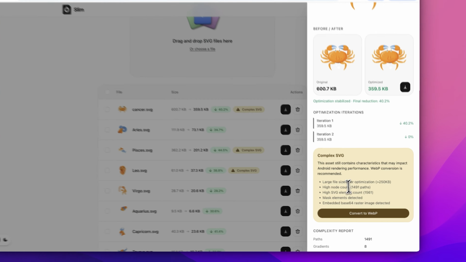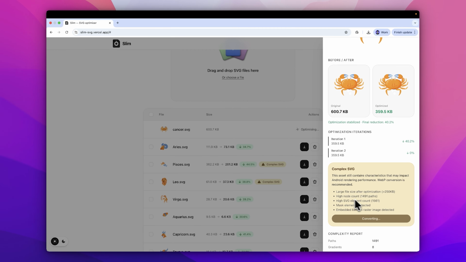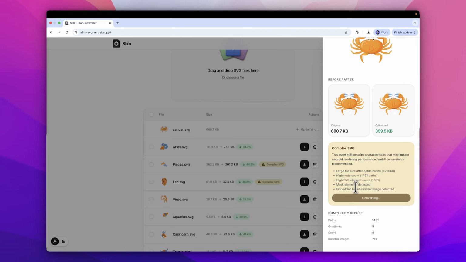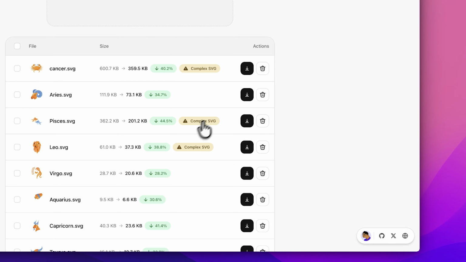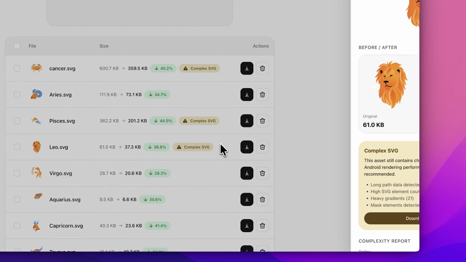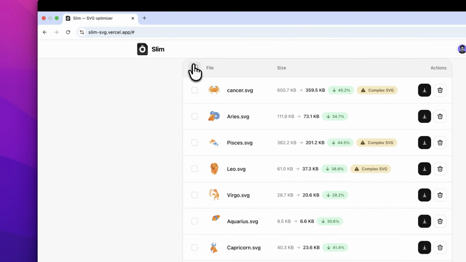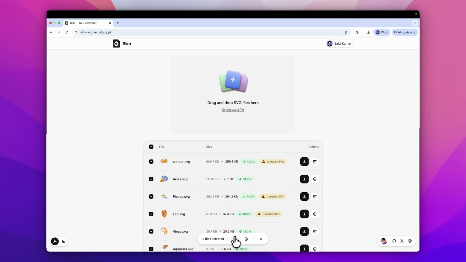This one also needs to be converted to WebP as suggested. Okay, all the files I think are now ready to go, and now I just have to select all of this together and download. What the download would give me is a zip file with a folder of SVG and WebP. WebP is only wherever suggested, and SVG is for all of these files, and also a PDF optimization report,